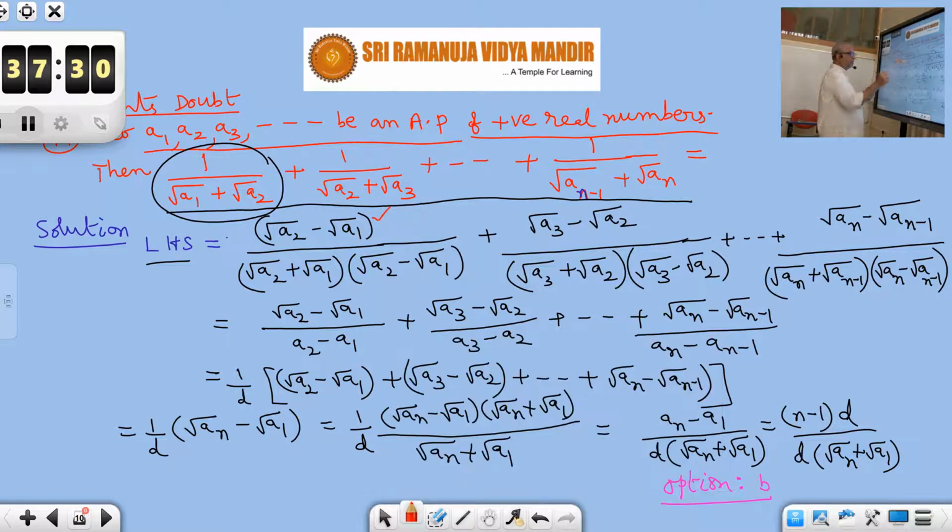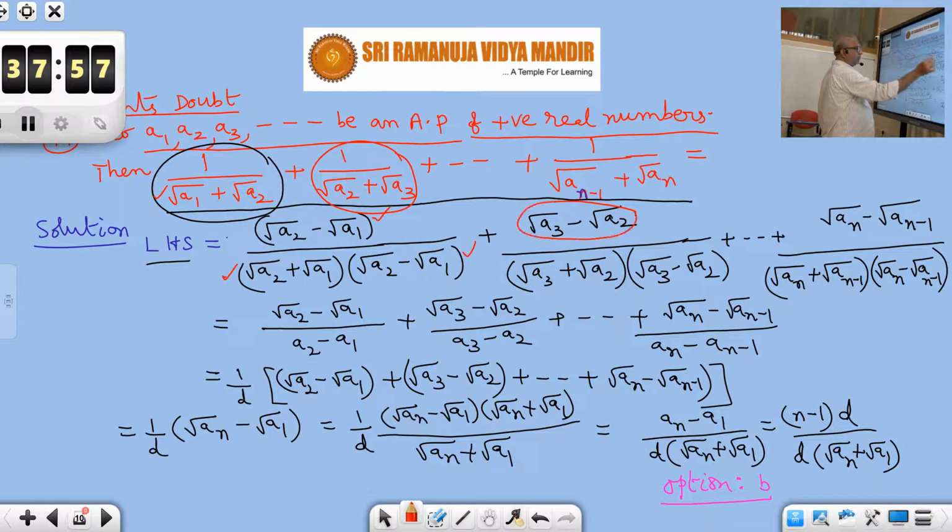So I have put this factor in the numerator, same factor I have put in the denominator. Already something is there in the denominator. It is what? Root A1 plus root A2. That I have written here as root A2 plus root A1. That is correct. Similarly, the second term, I am multiplying both numerator and denominator by this